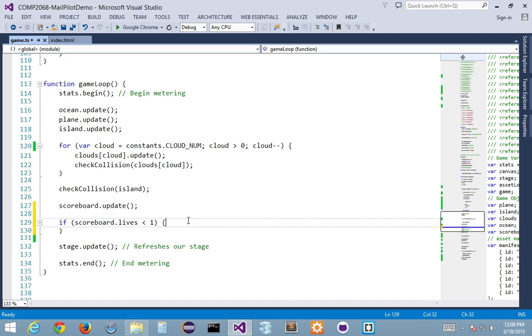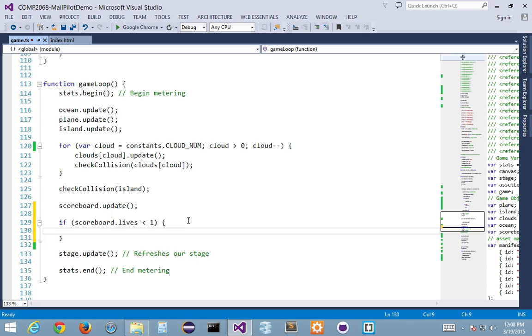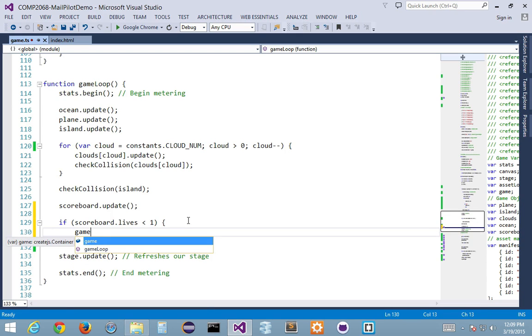Well, let's think about this very carefully here. I want to stop the music, so it won't stop if I wipe away stuff. I'll tell you this in a second. Here's one thing I want to do: I want to remove my objects from my game. So I'm going to say game.removeAllChildren. What this will do is take the game container and make it